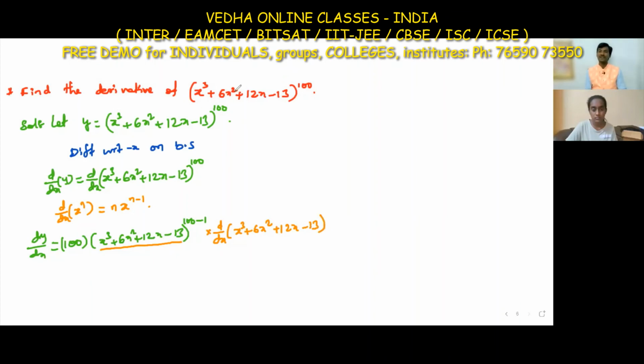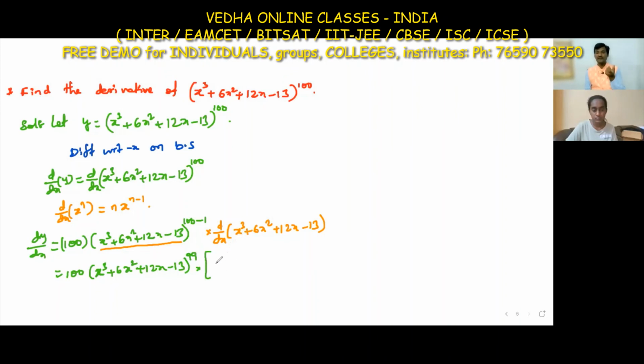In place of x, if we have some other function, we can apply the formula, but we have to differentiate that function once again. So then 100 into (x cube plus 6x square plus 12x minus 13) whole to the power 99 into